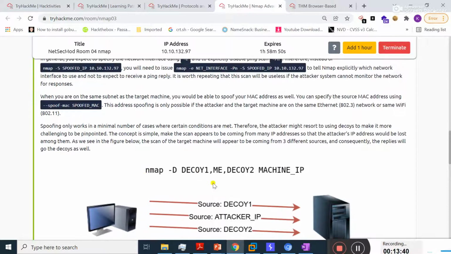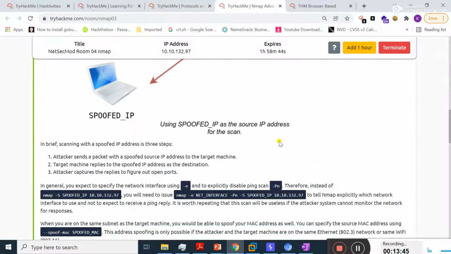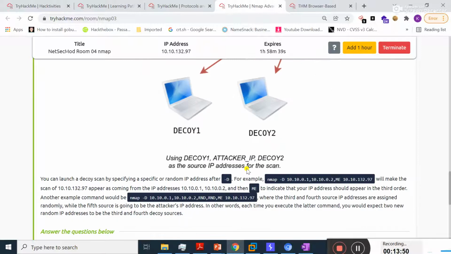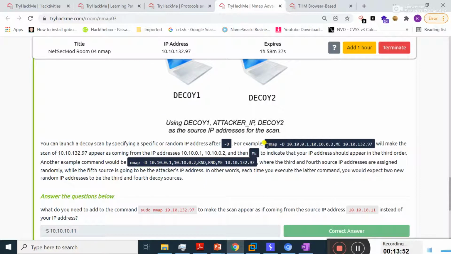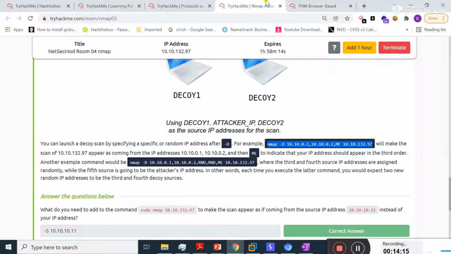You can also use multiple spoofed IP addresses. Here you can see, by using the -D method, if I type this command, it means these two are the spoofed IP addresses, ME represents your real IP address, and this is the victim IP address.